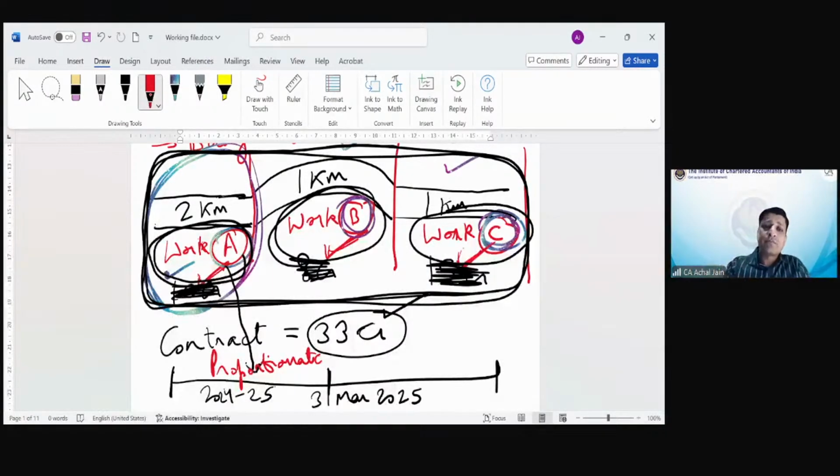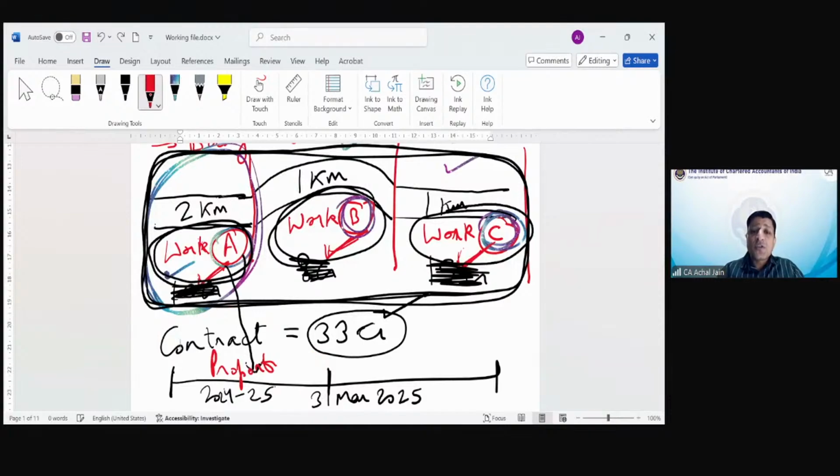But let's suppose, even if there is a single contract, after completing one of these activities, the contractor can move out and the contractor may ignore work B and C. Of course, the contractor will lose out on payment for work B and C. So there will be some mechanism agreed between the authority and the contractor as to what is the value which can be assigned to work A and to B and C, but that will be acceptable to the authority. So in such a situation, what will you do?